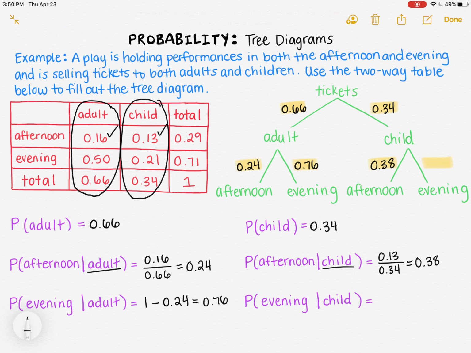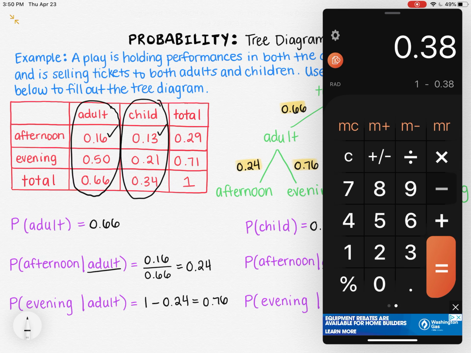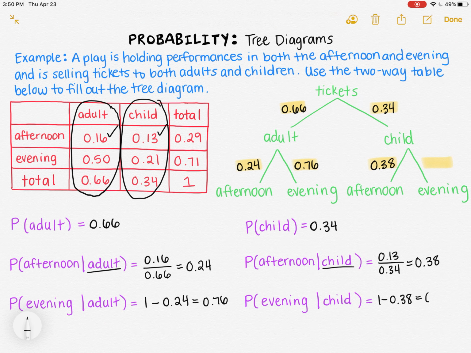So we know that in a tree diagram, every set of branches needs to add up to 1. So that means whenever we have one of the branches, we can just subtract that value from 1 to get the other branch. So for underneath child, we can do the same thing. We already know the probability of the ticket being for an afternoon, given it's a child, is 0.38. So 1 minus 0.38 must give us the remaining probability that a ticket is for the evening, given we know it's a child. So 1 minus 0.38 gives me 0.62. So I can place that value on the right